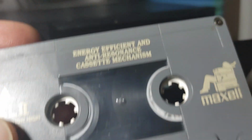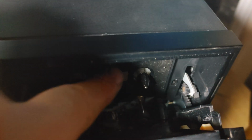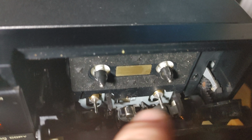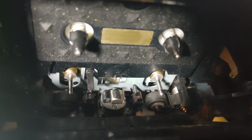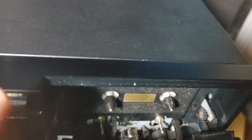What did I do with this? This is XL2, okay. It's a little bit dusty, maybe we're gonna clean that stuff, but I did clean a little bit of capstan and heads, but you can see still a bit dusty, this is kind of like a honeycomb element. The old chassis is in that honeycomb